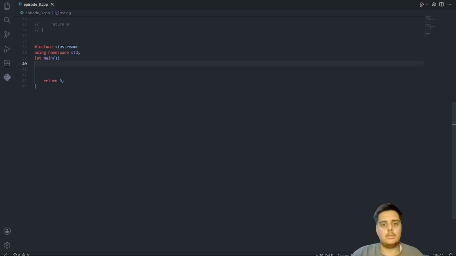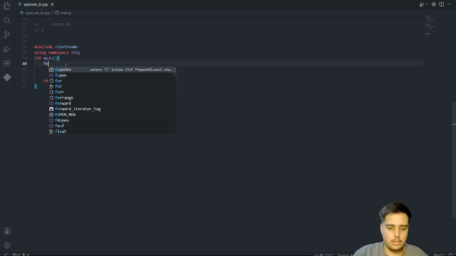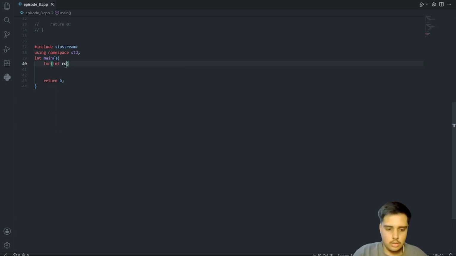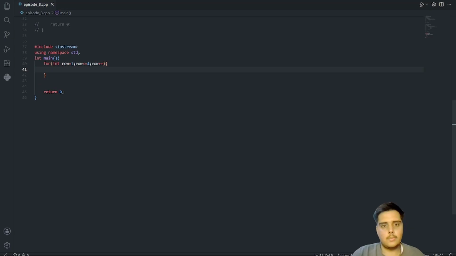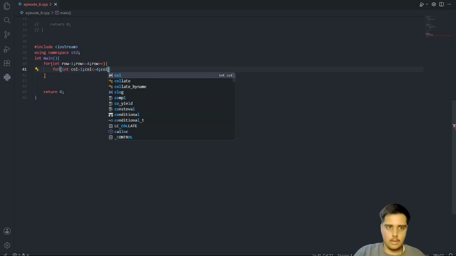So firstly we will say for int row equal to 1, row less than equal to 4, and row plus plus. Again I will do the same for columns also. Column equal to 1, column less than equal to 4, column plus plus.